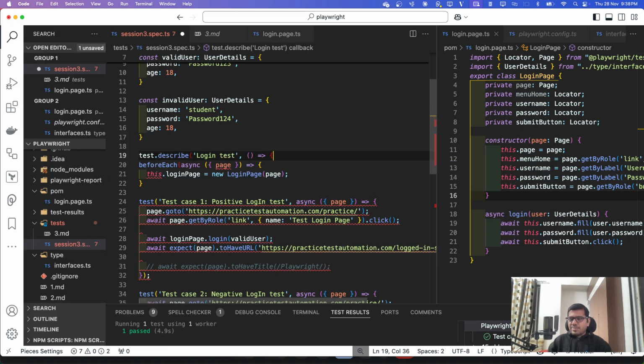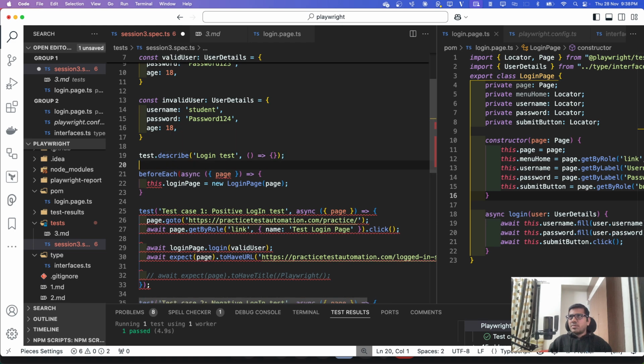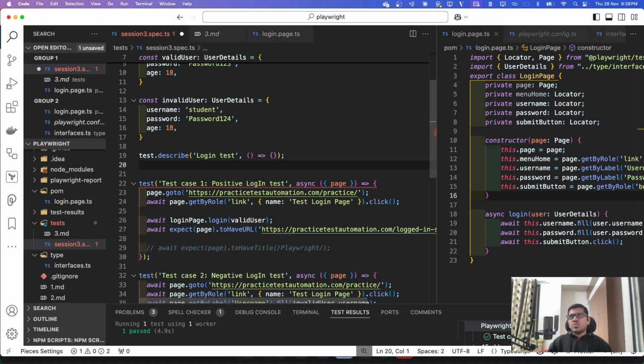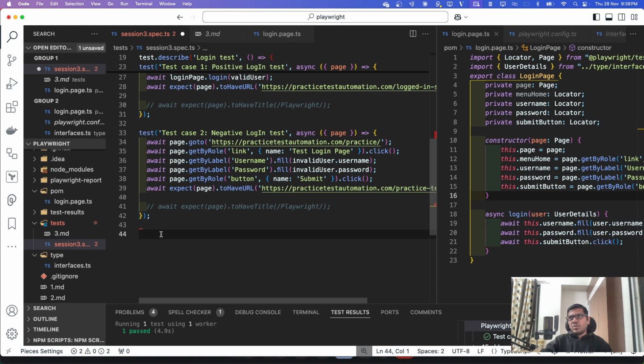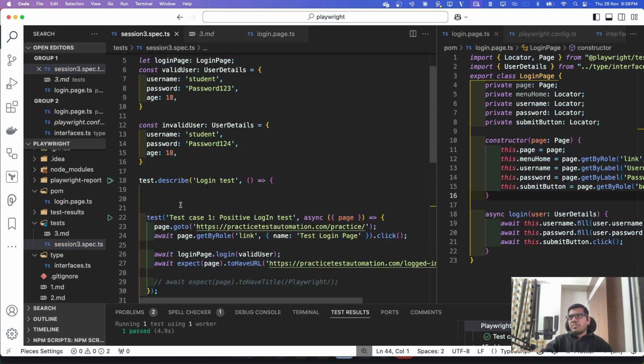So that is something that I intend to cover later, but for now, yes, it's not an annotation, it's a hook. So there are different hooks available that we can use in Playwright. So it's one of the hooks. Annotation is something different and it is also available in Playwright, but what you are saying is